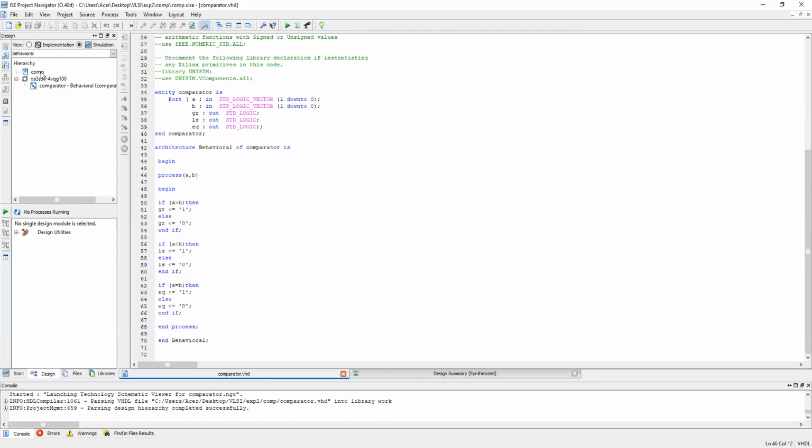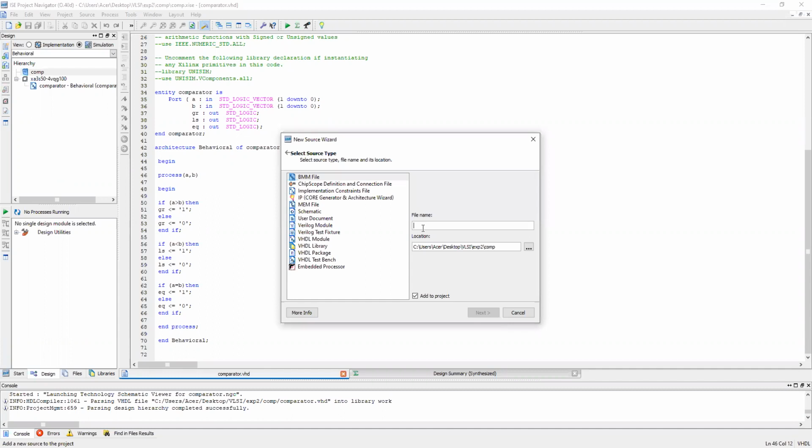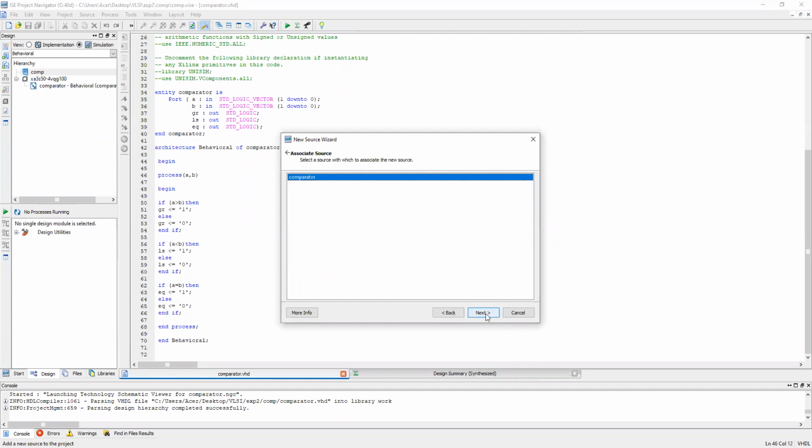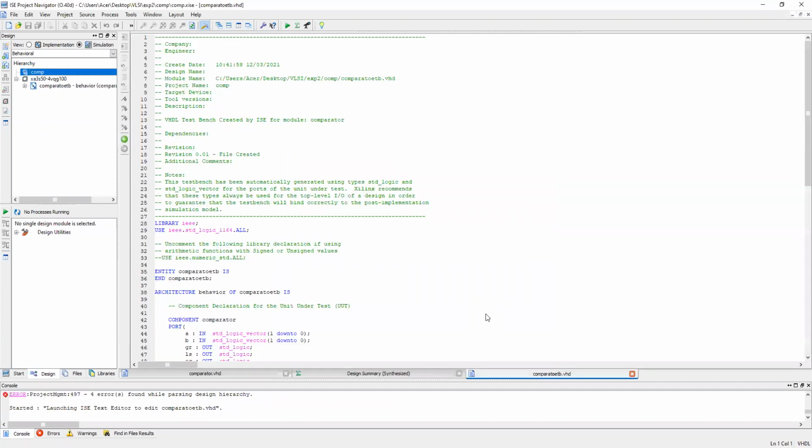You have to select this, then you can add a new source here. You can give any name, comparator TB. Then we have to select VHDL Test Bench. Next, next, finish. Now here you can find this test bench.